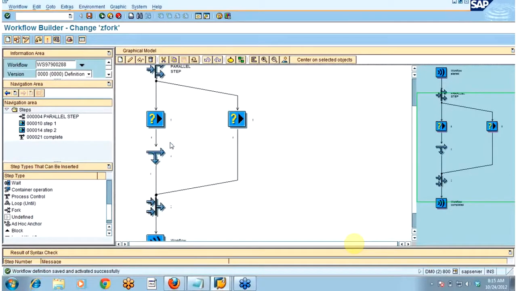Since the necessary branches was 2, both the steps should get executed to complete the fork, but I want, in between, in an ad hoc manner, to complete the workflow. Sometimes there comes the requirement, so you should know how this process control step is used. I'm just taking this simple example to give you the clear picture. So here, as the necessary branches was 2, let us see whether the necessary branches is 2 or not.